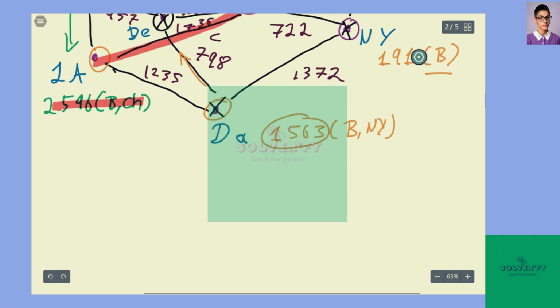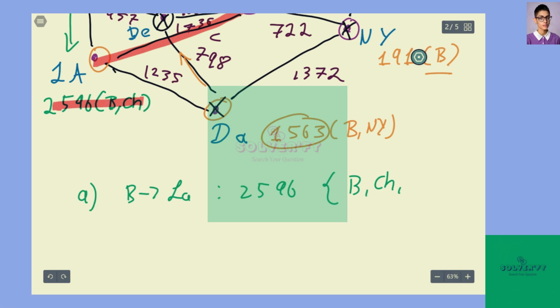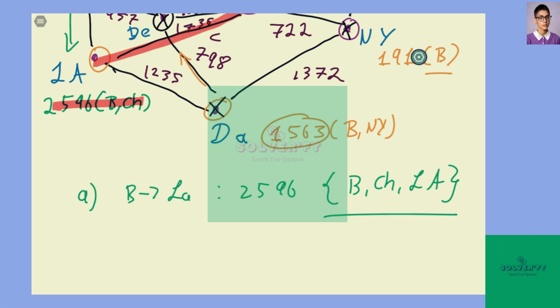Great. So for part A, the distance between Boston and LA is 2,596, and the path corresponds to Boston, Chicago, and directly LA. This is the shortest path. Great, so let's continue. Now